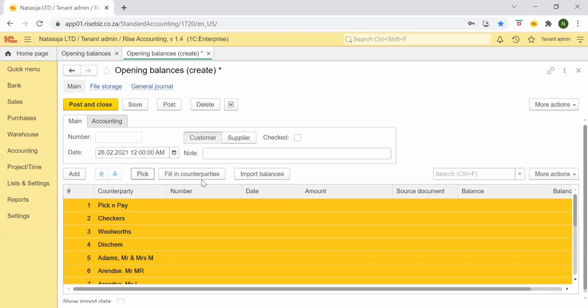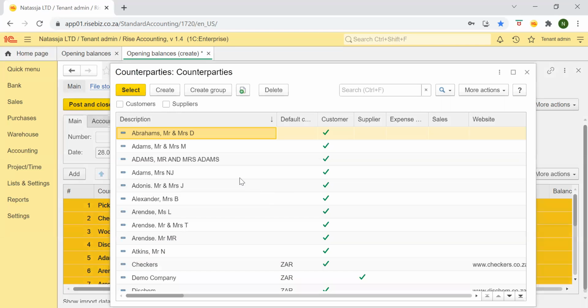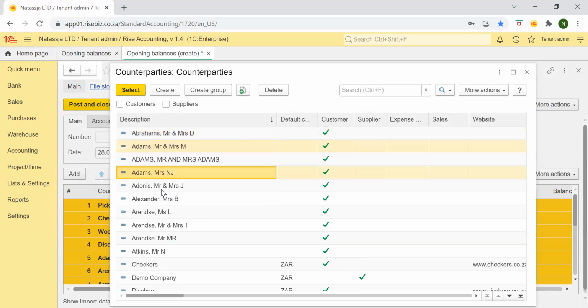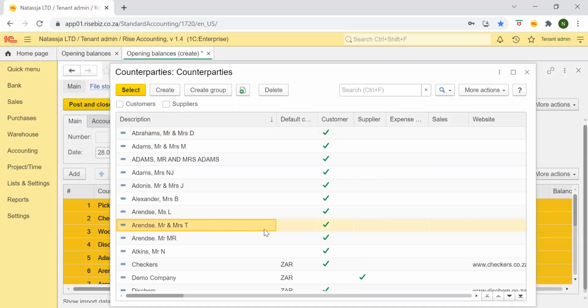I can also use the pick option that will open up the list of all the counterparties, and I can select them like that. If I want to select more than one, I can just click on any and press Control on my keyboard and select any other ones. If I want to select all of them, I just click on any once again, press Control A on my keyboard, and it will select all of them. I can just click